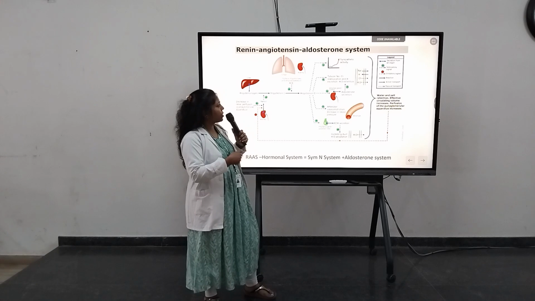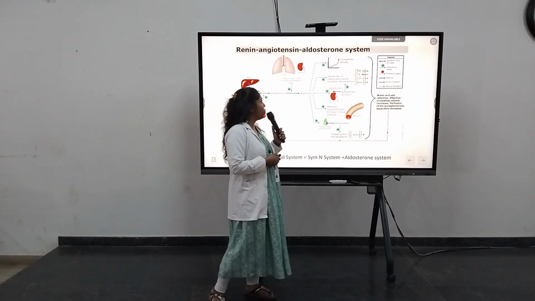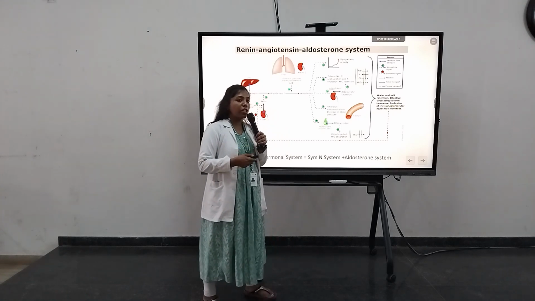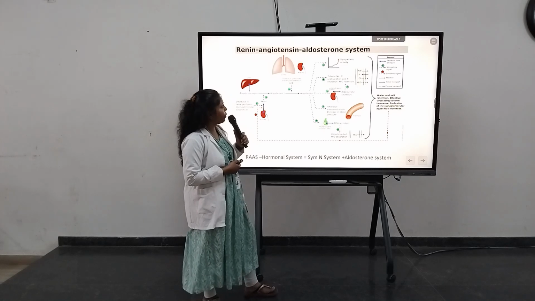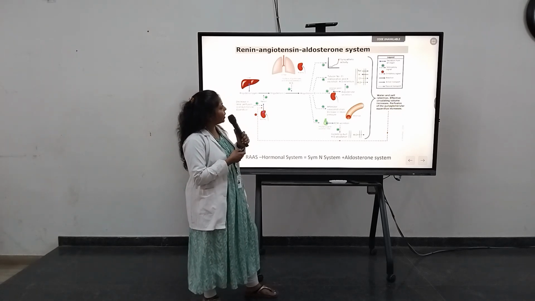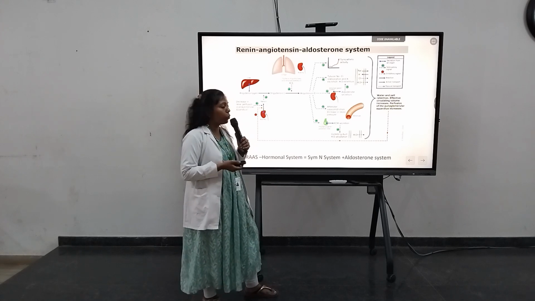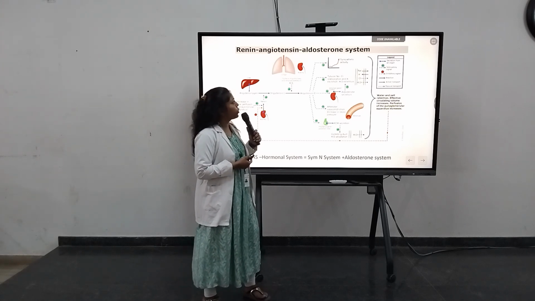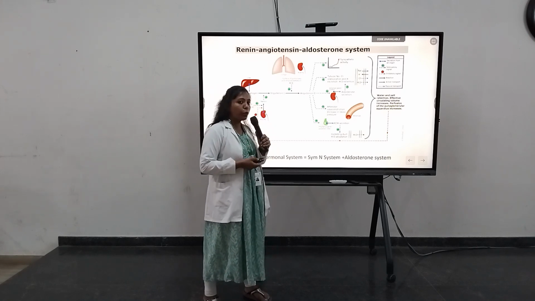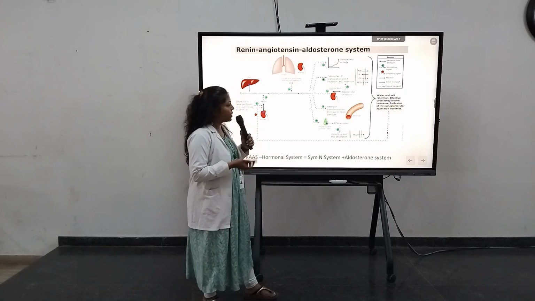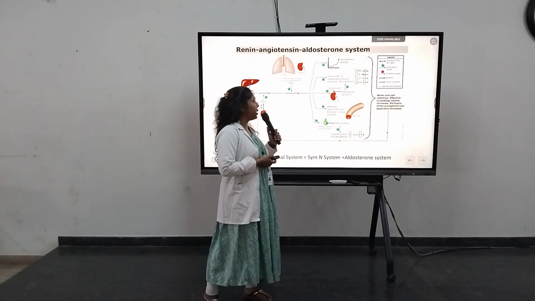Now this again gives you the actions of angiotensin 2, or the mechanism by which angiotensin 2 brings about its effect. So angiotensin 2 is very important. It increases the sympathetic activity, thereby increasing vasoconstriction and vascular tone, and increases the BP. It leads to reabsorption of sodium chloride from the tubules of the kidneys, potassium excretion is amplified, and water retention takes place with the help of